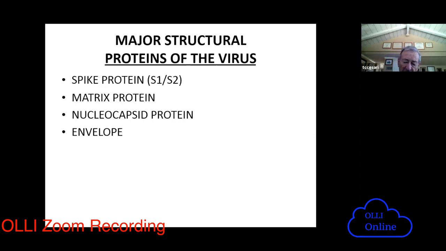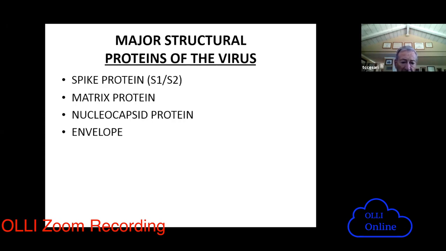The spike, which is what allows the virus to attach. Think of it like Velcro, so that the surface of the virus is studded with something like the spikes of Velcro. And when it attaches to a specific receptor, just like Velcro does, it's able to initiate the process of invading the cell and beginning to reproduce itself. The spike protein is especially important to us because antibodies directed against that protein are able to neutralize the virus. And we also know that cellular immunity is directed against that spike protein.